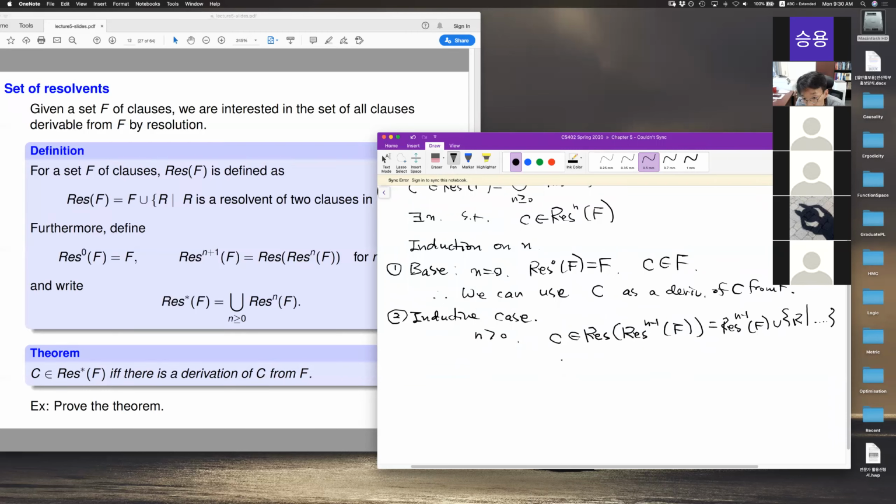So then there are two cases. One is C belongs to res n minus 1 of F, or C is a resolvent of